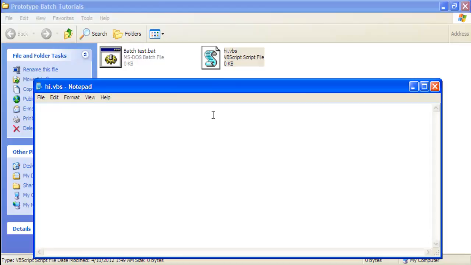So I want to show you something pretty cool that you can do. So if you type in exactly what I'm typing in, and then here you can put in whatever you want, and then your computer will start to say whatever